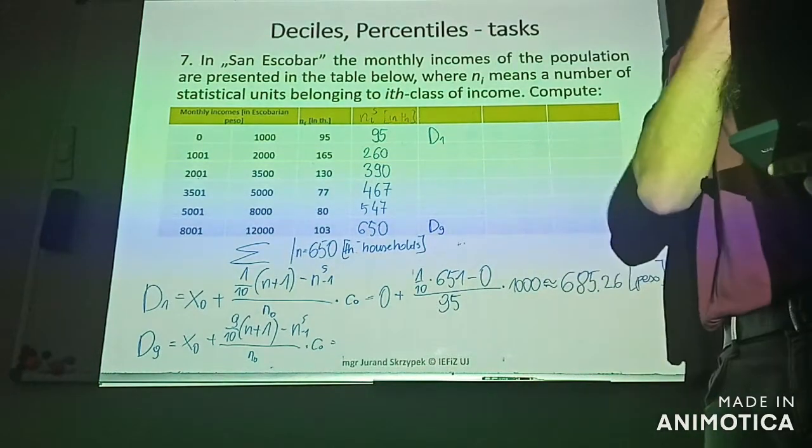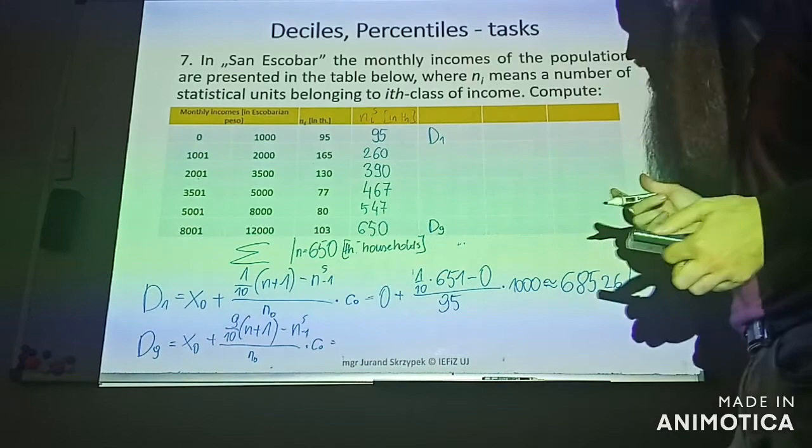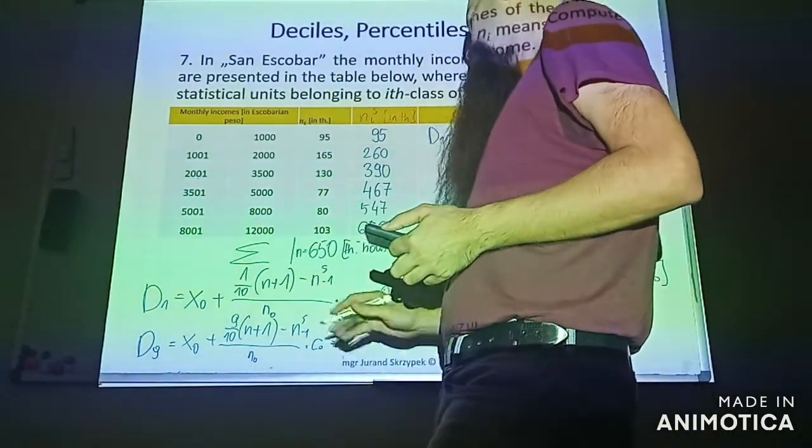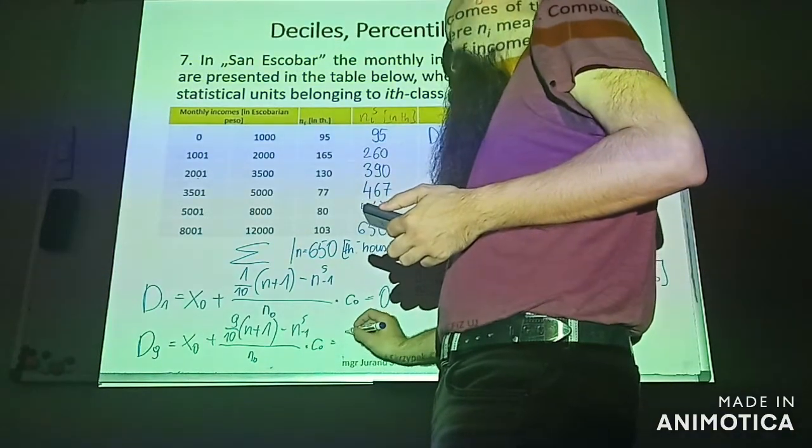And we should insert the appropriate categories into our formula. Here we have the 0 level. The lower bound of that class is